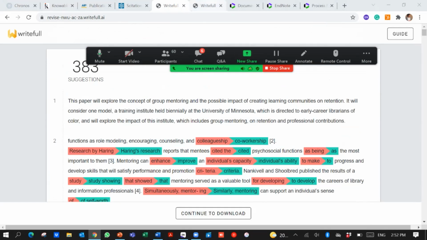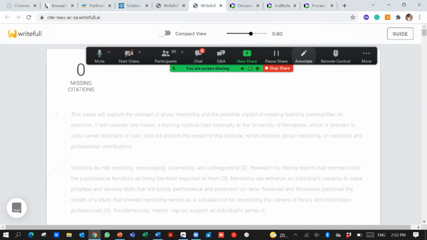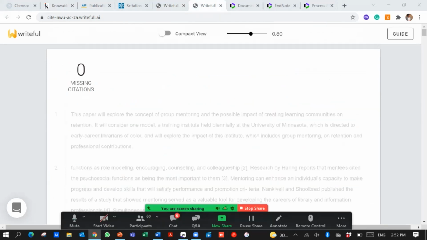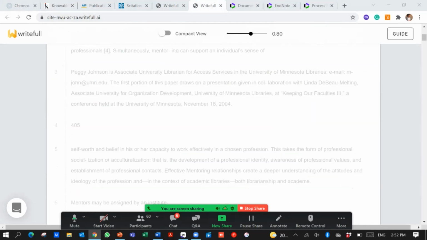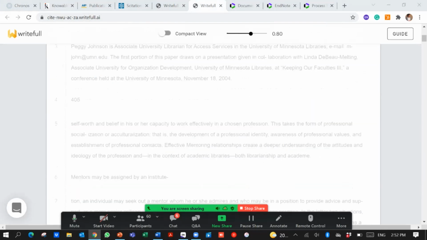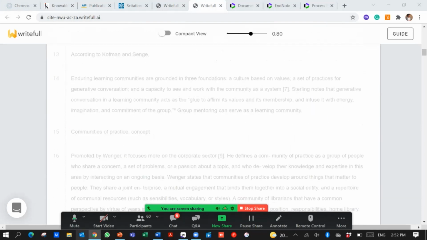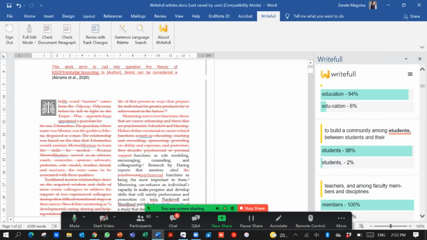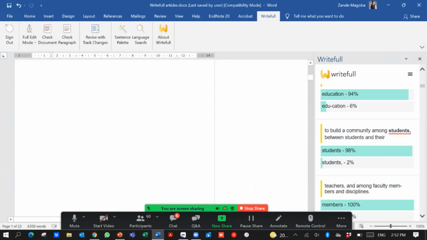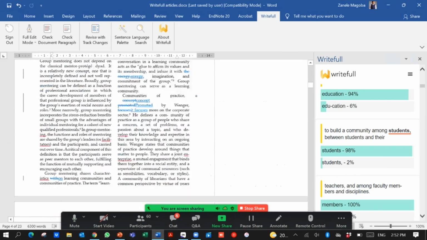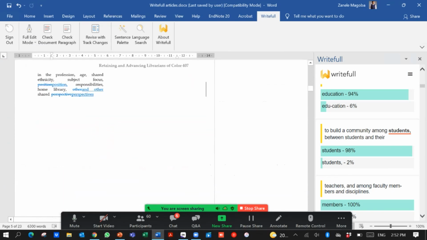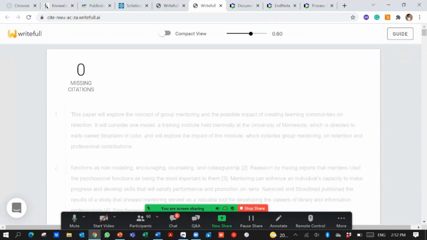Now, when I'm done doing that, I will then go into missing citations, right? So in this case, Rightful has picked up that I've actually inserted all the citations, but I could actually just remove a few citations. Let me just do that quickly, and you will see how Rightful, or actually, let me just use a different example. So I would